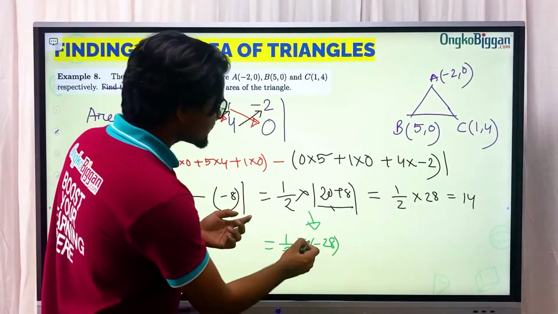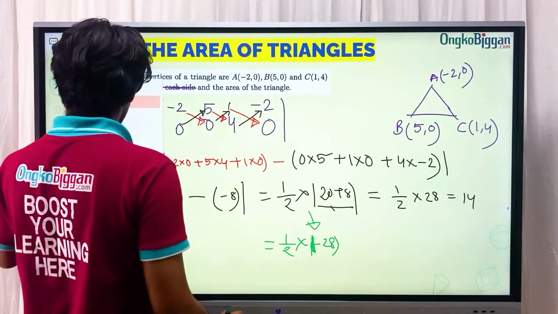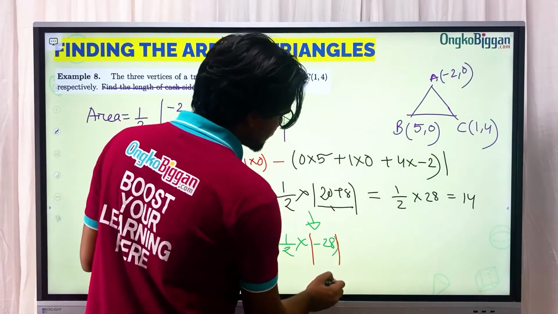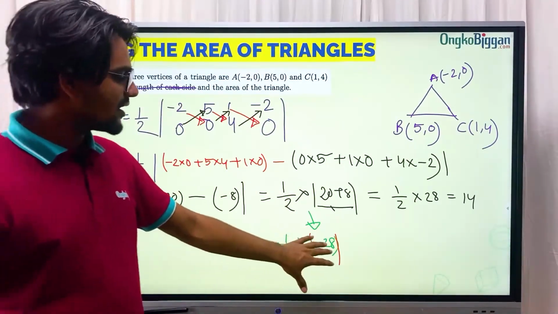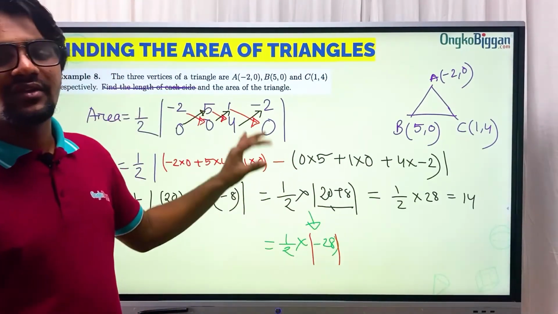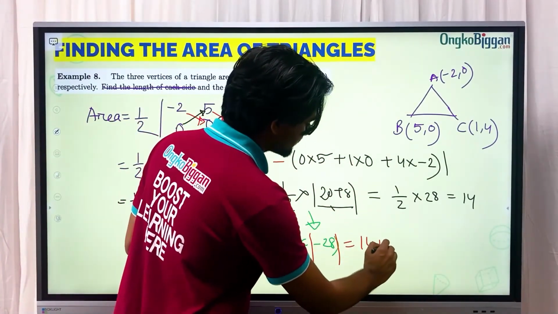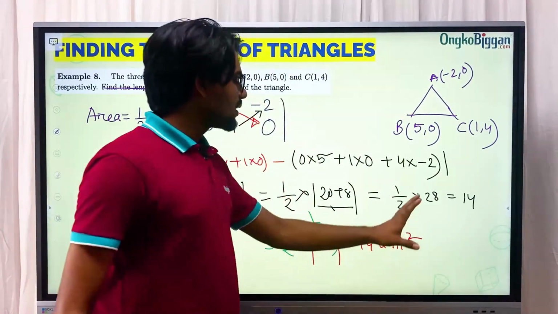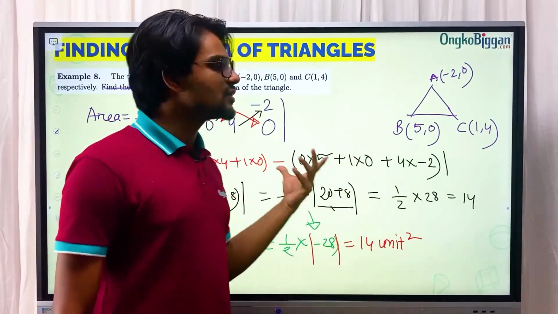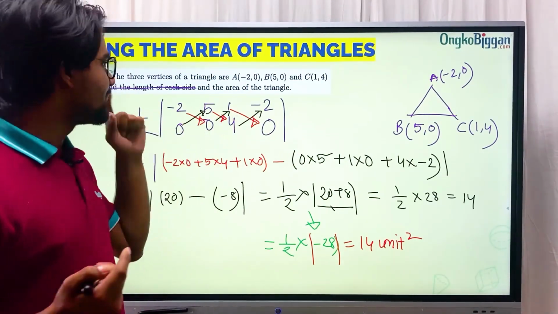So what we're going to do is use the modulus bars. These two bars will help us convert the negative value into a positive value, and then we can easily get the area of the triangle. So that will be 14 square units. The area of the triangle still remains positive, and we have used a very easy method to solve our problem without worrying about minus signs. Okay, so this is the actual